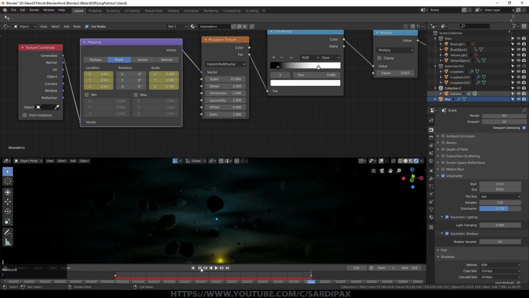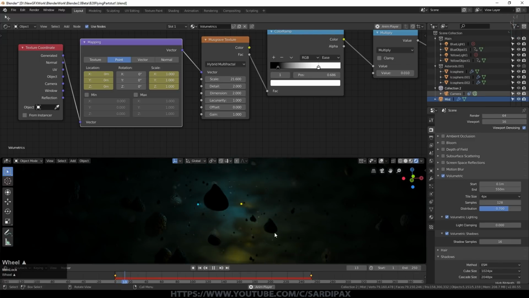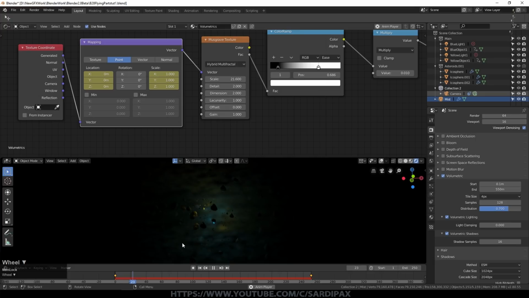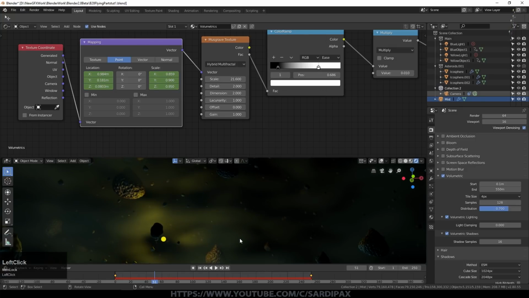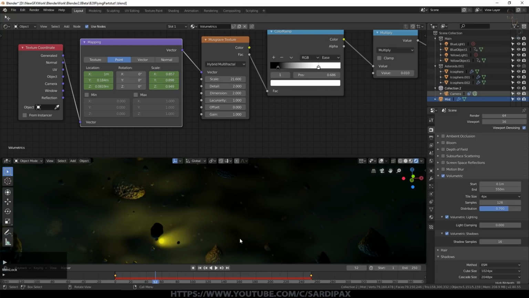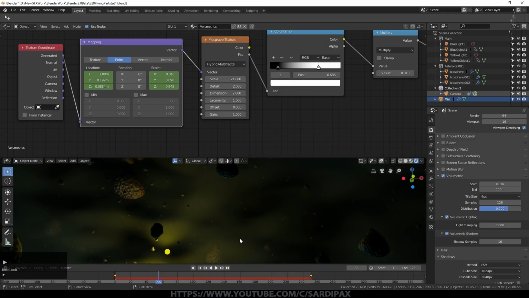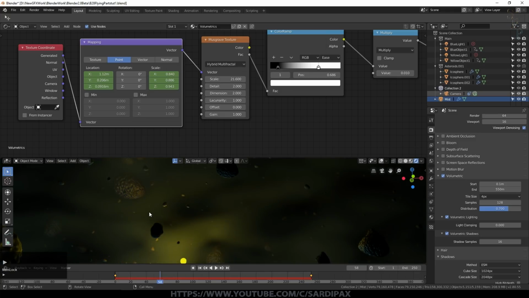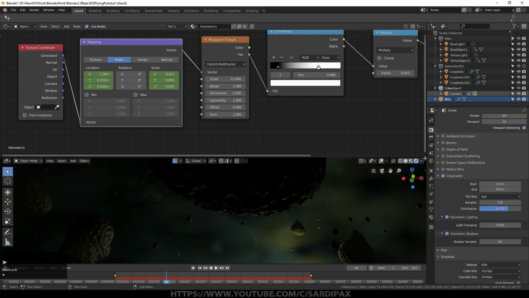So now if we go to the beginning and press play, you can see things are changing quite a bit. It doesn't show up so well in the preview. It shows up much better if I just do it one frame at a time. But you can see how the pattern is moving. That's probably even too much now. But that gives you a general idea of how this works.